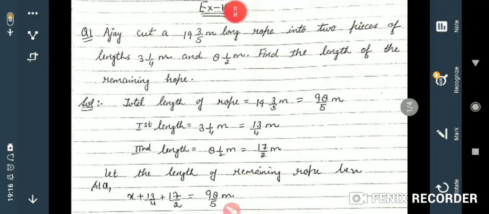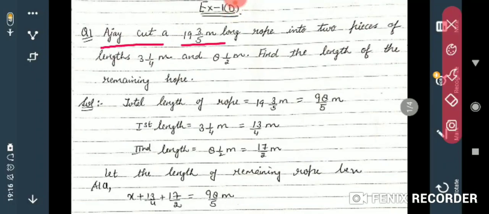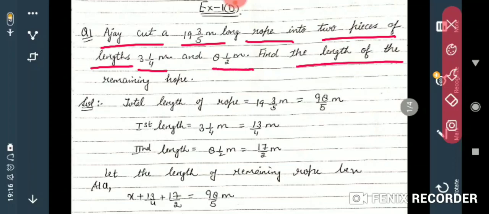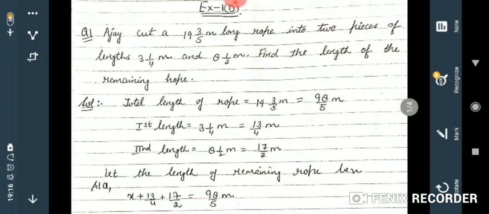So, the first question is: Ajay cut a 19 3 by 5 meter long rope into two pieces of length 3 1 by 4 meter and 8 1 by 2 meter. Find the length of the remaining rope. So, in the question,